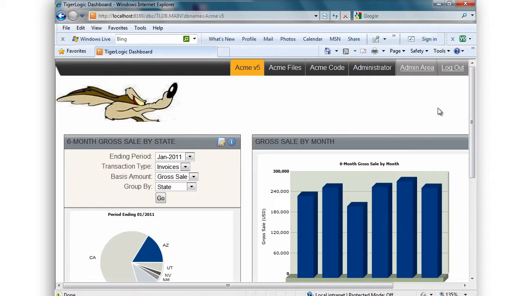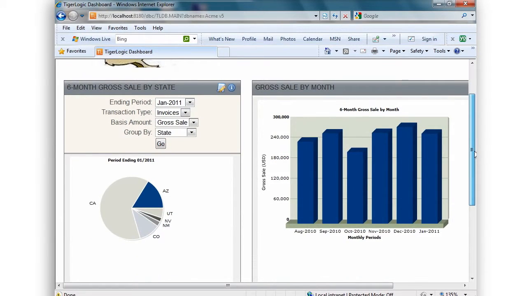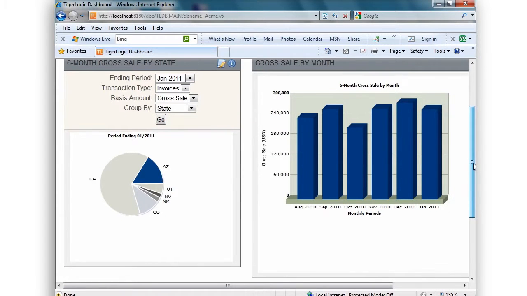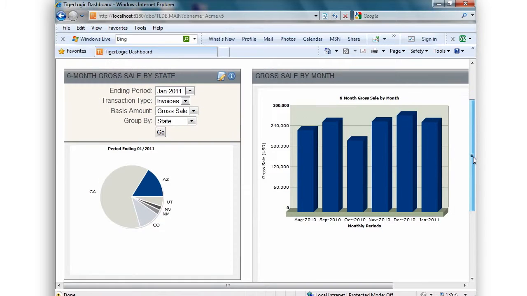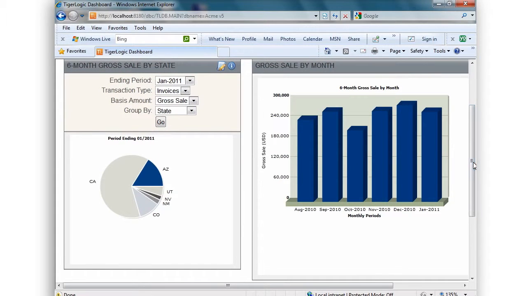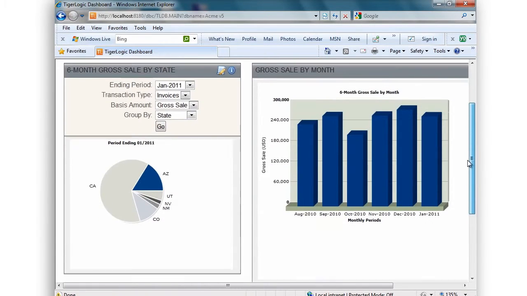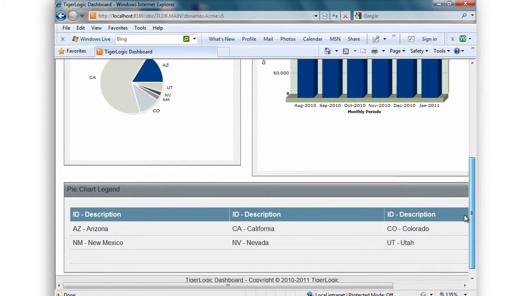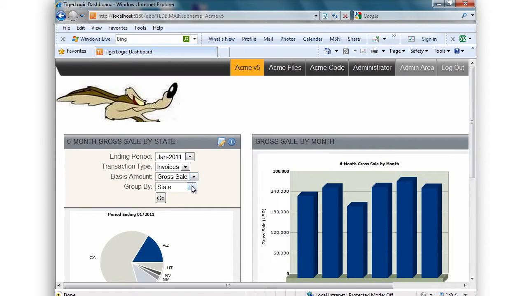So now you can see that the pie widget is a lot taller. We sized the column chart to be roughly the same; on my laptop it was exactly the same, though this one's a little different. We also added the concept of the table widget to do a pie chart legend, in case one doesn't know that AZ stands for Arizona. This is a little more relevant when we go to look at